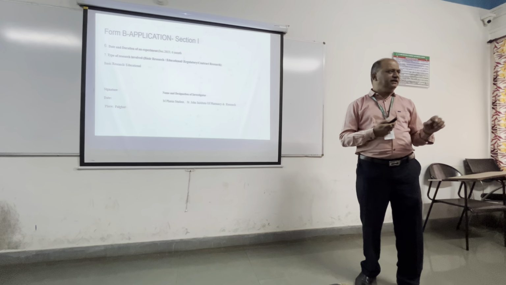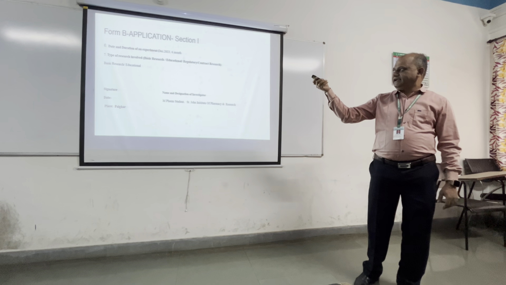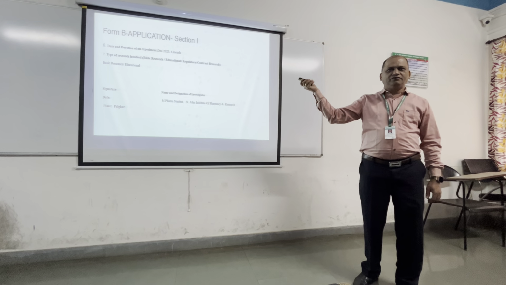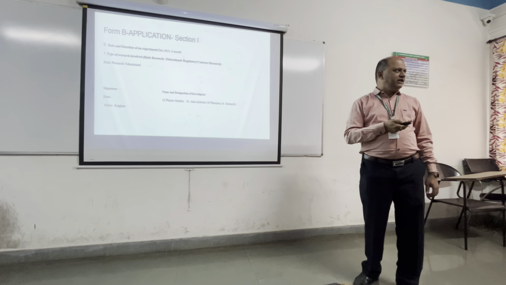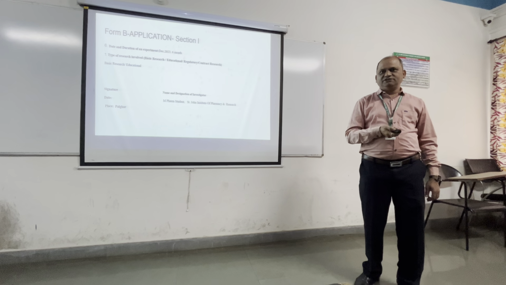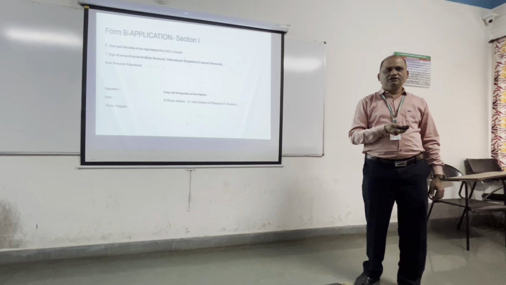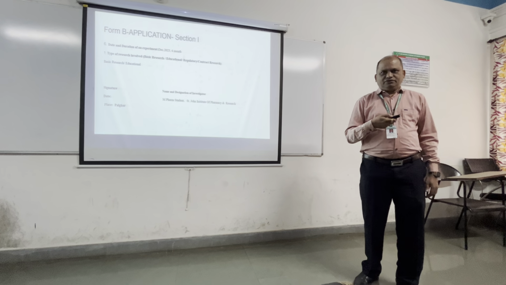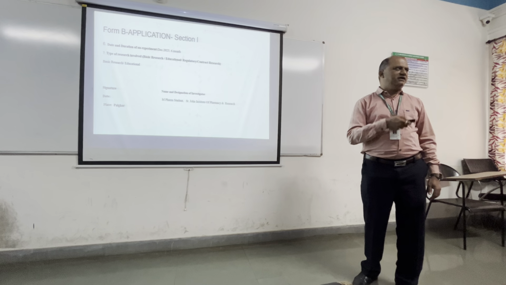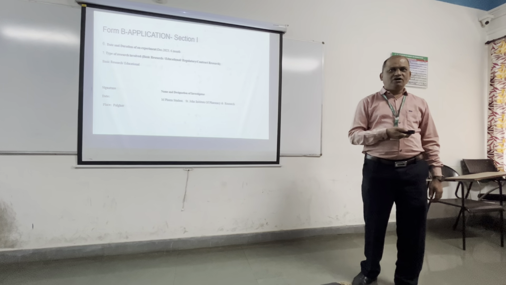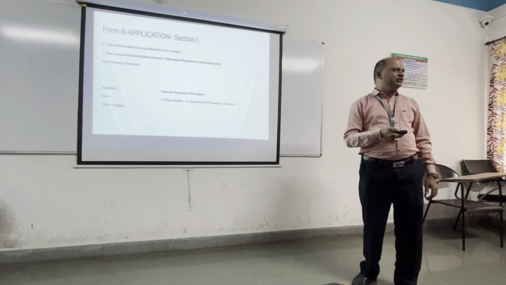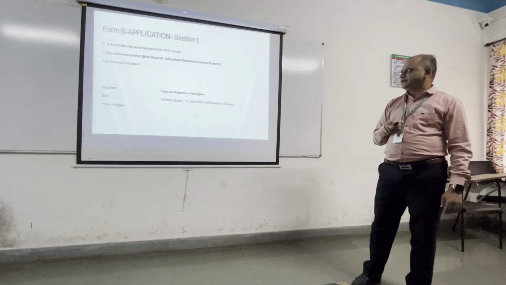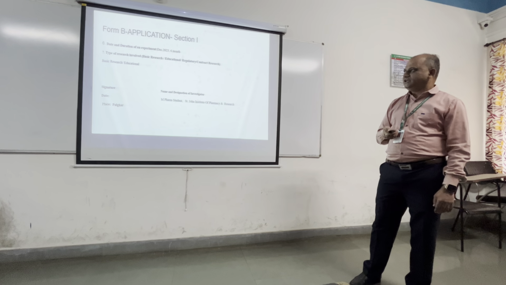Accordingly, you have to mention the date and duration of the experiment. So December 23, you can write February 23. Duration, if you feel it requires 6 months, you can write 6 months. If you feel it requires 1 year, you can write 1 year. Most probably you should give a longer time period. If you assume 6 months will be required, then mention 8 or 9 months, because sometimes there may be technical or financial issues, and it will require more time to take the permissions. Accordingly, you have to write the date and duration of the experiment.